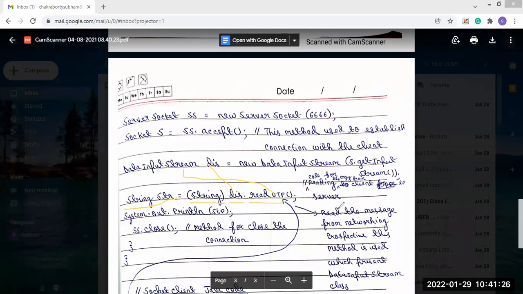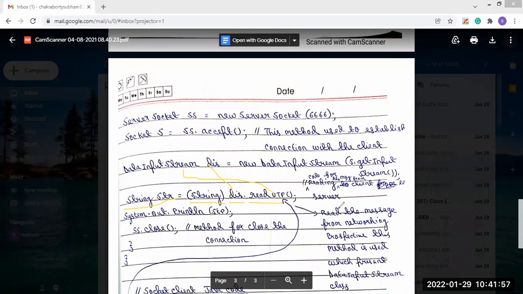This read UTF method basically reads the message. Yes, there are many methods present that can read a message, but the difference is that, from the networking perspective, we use the read UTF method, which is present in the DataInputStream class.